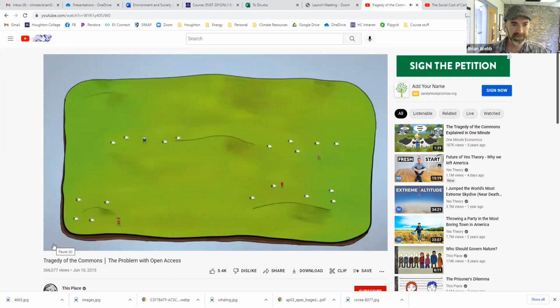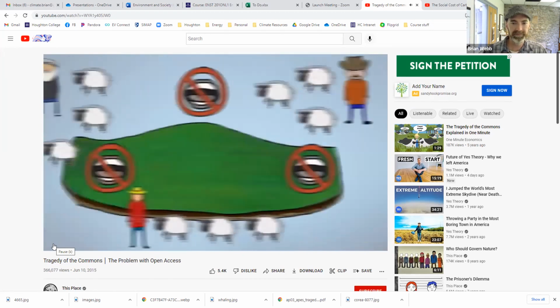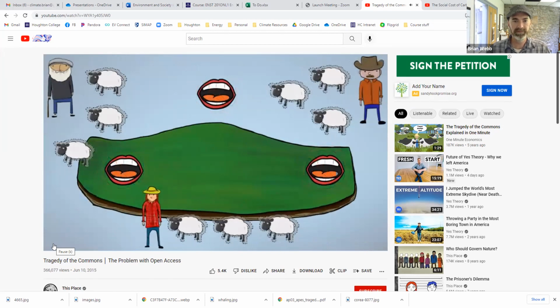With a field like this, people will generally get together and make plans about its use. They may act as a single unit or just partition it into sections, and they'll regulate the number of people that can use it. And if people are working together and communicating, then it's not really open access. It's not like every management situation is open access until somebody does something about it.